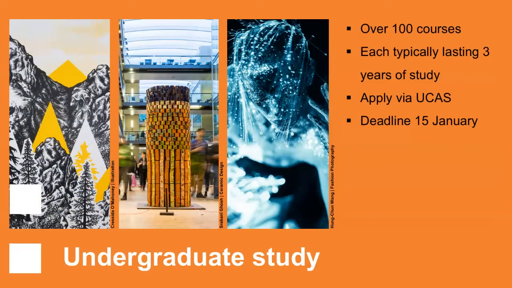And so the other choice is undergraduate study. So this is the main bulk of courses. Luke said there was 92 and I've got over 100, but somewhere between 92 and just over 100 courses available across those 6 colleges Luke mentioned earlier. And traditionally, an undergraduate course would last 3 years. Some of them, so architecture, for example, can be 7 years. And a lot of courses will have an option for a year in industry or a year abroad or something like that.